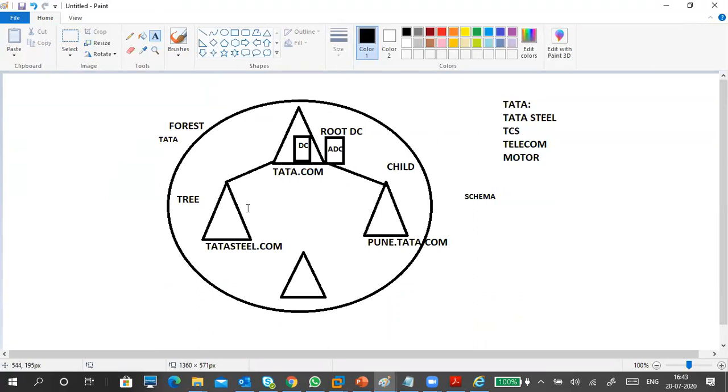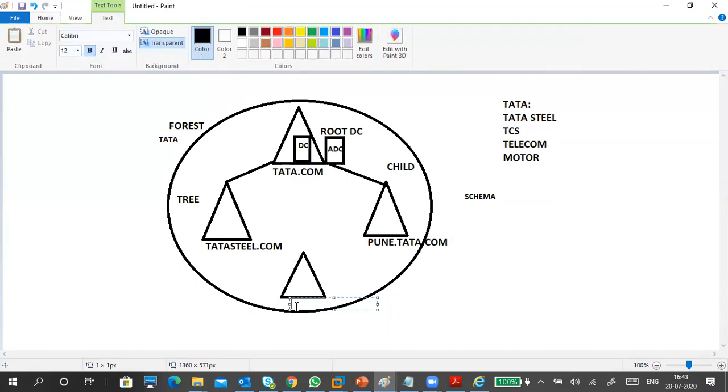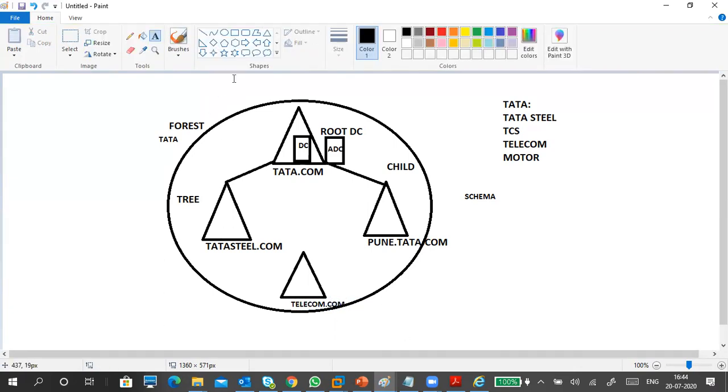Can you see Introduction to Active Directory? Go through it. Today just go through it, and the IP address plan also. I have already given 2 pictures. So understand this one also. Forest, Tata.com, Tata Steel, Pune Tata, like this. If you want to add this one also, you can put in one more tree domain. You can create telecom.com, so Tata Telecom.com, like this. This is also a tree domain, and it is also under your forest only. When it's a child, it has the parent name, like this.